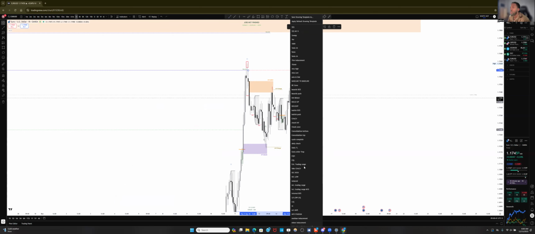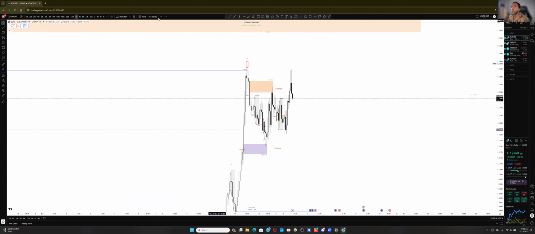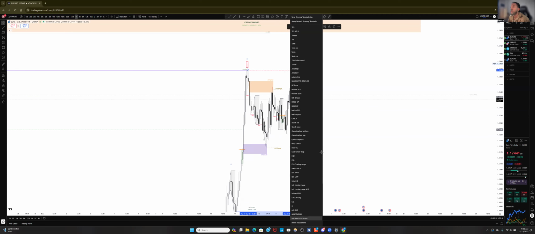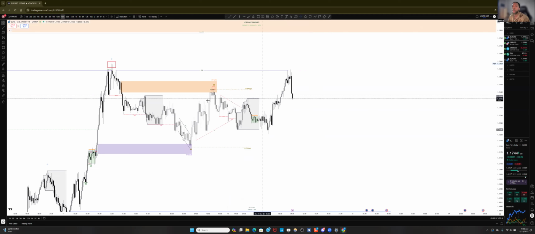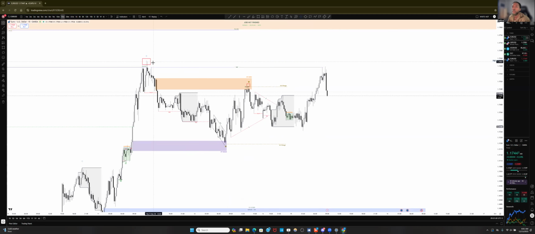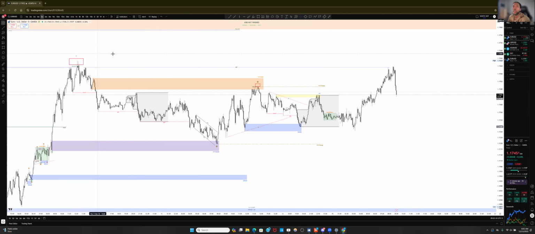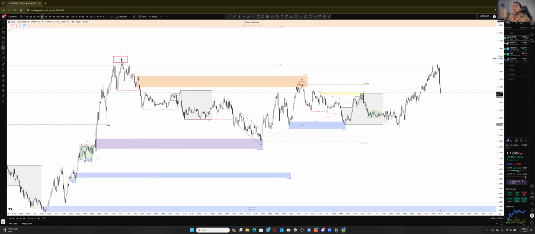Now, was this a medium inducement or was this a minor inducement? That's the question we are asking ourselves right now to know if we are going to continue bullish. So let's go ahead and mark a medium for now, and we'll go down to the 15-minute so we can identify, was this a structure? Was this a high that led to a low that broke structure? Well, we know this high led to this low breaking structure, but we want to know, was this wick here considered a high? Let's try the 5-minute, see if there's a 5-minute structure there. And yes, indeed, there is a 5-minute structure right here.